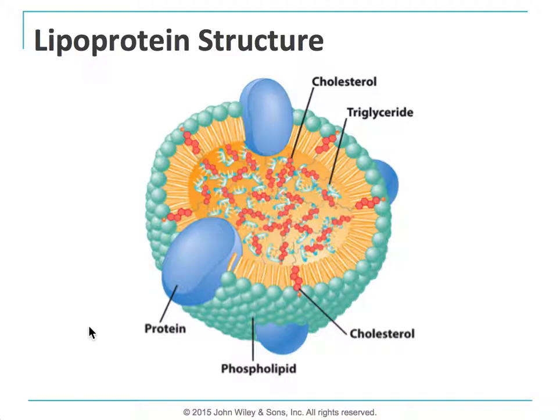So a lipoprotein structure, we see here again our friends, the phospholipids. They have this water-soluble head on the outside because it's going to be traveling through an aqueous environment. We have these big blue proteins here. It's called a lipoprotein because it's made up of fats and proteins. So again, lipoproteins are like the school bus for